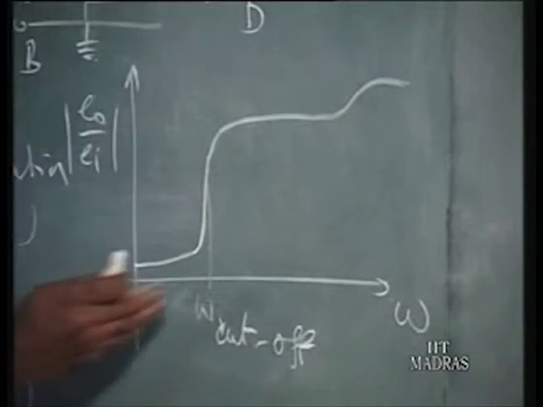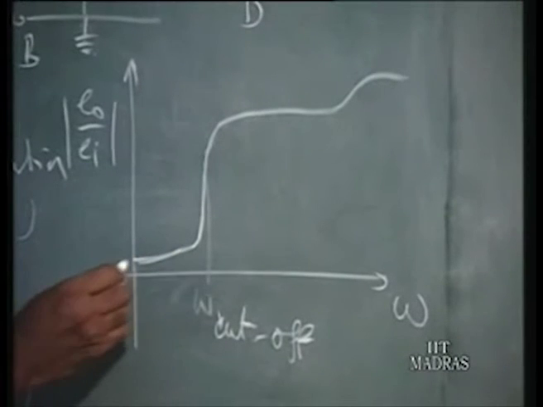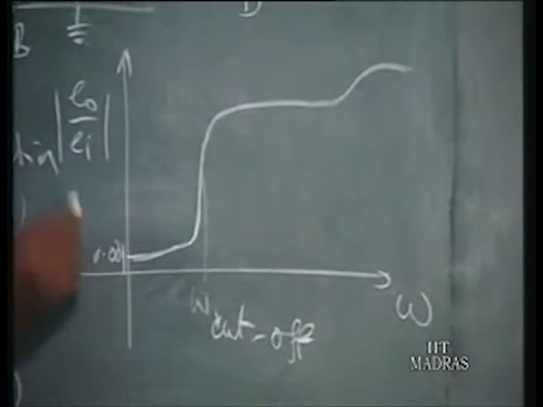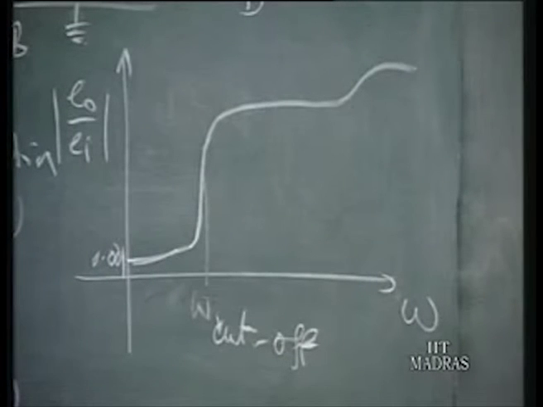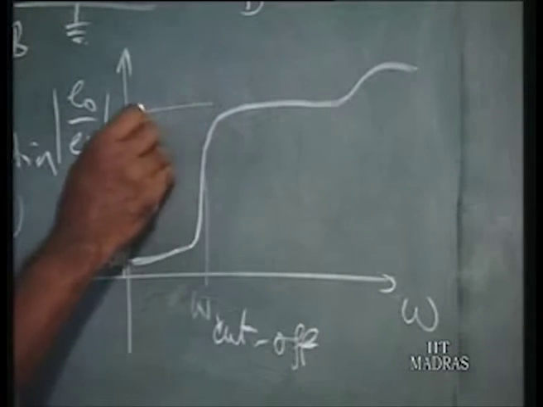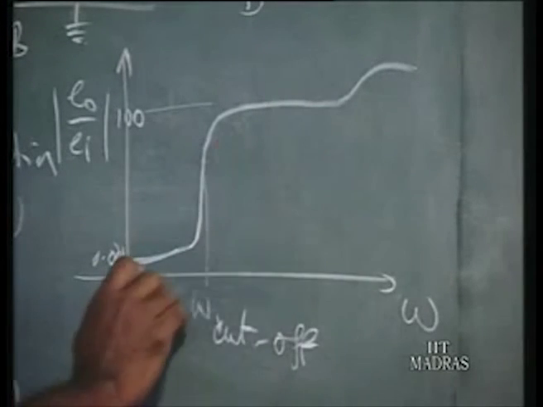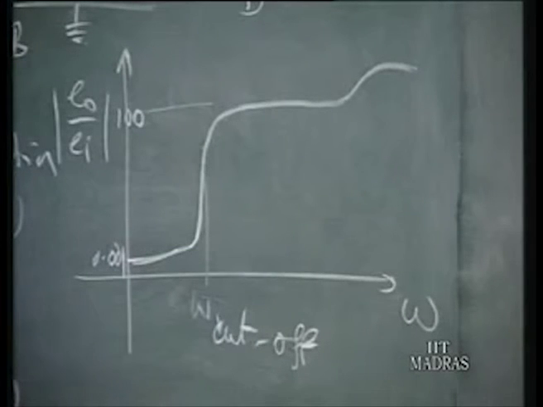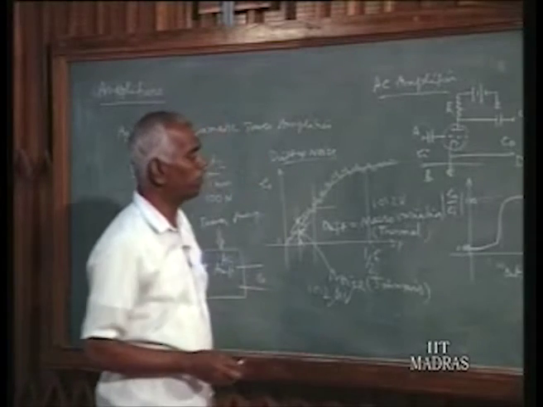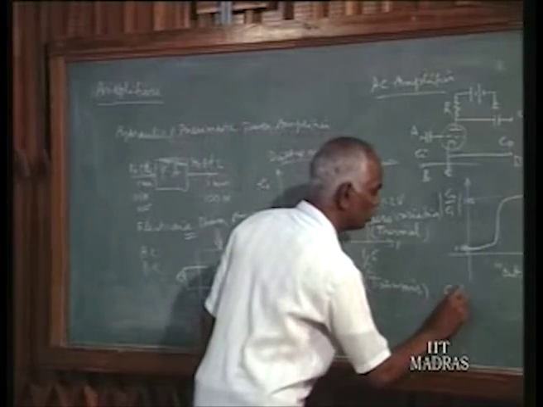The gain of the amplifier will be there only above the cutoff frequency, and below it this may be say 0.1 or 0.001. That is, EO will be 0.1% of EI, which is negligible, whereas above it the gain may be 100 or 1000. So we have AC amplifiers with fixed gains or adjustable gains, and each AC amplifier has a cutoff value. Above this value alone it will be magnifying.